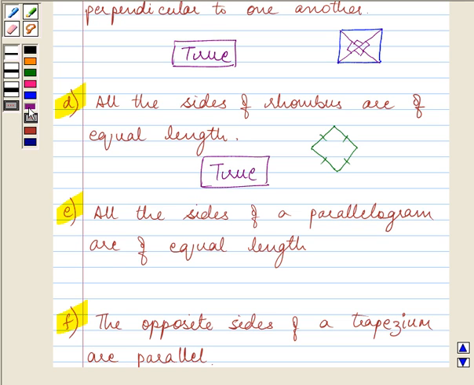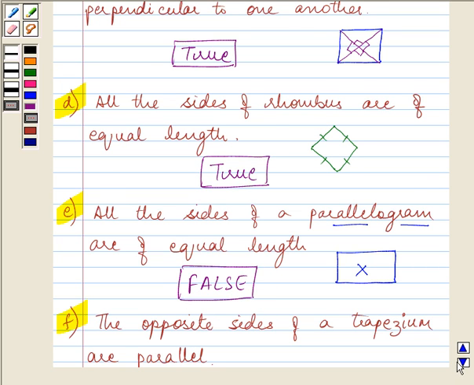But it's not necessary that all sides of a parallelogram are equal in length, as one of the parallelograms, as we know, is a rectangle, but all the sides of a rectangle are not of equal length. So there are few parallelograms which have all sides equal, but we have few parallelograms whose all sides are not equal. Hence it is a false